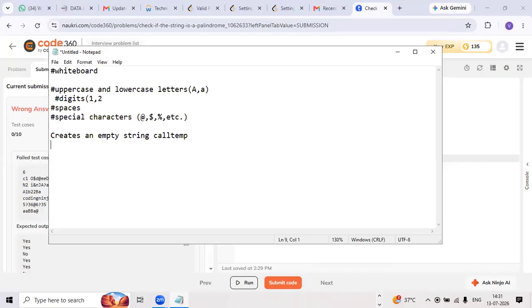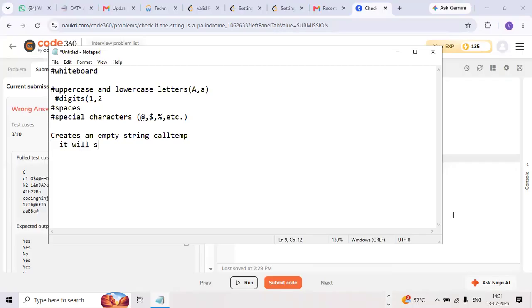If we did not have those, we could simply use a reverse formula to reverse a string. You can watch it anywhere. But here, since the problem involves removing special characters also, I am using this temporary string